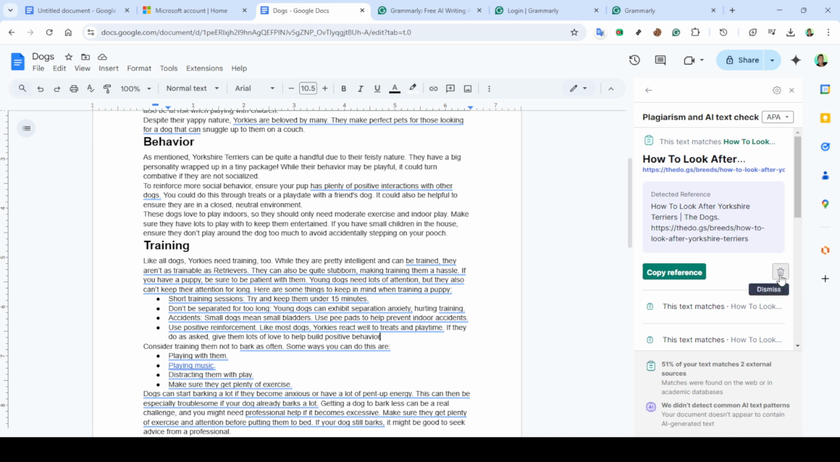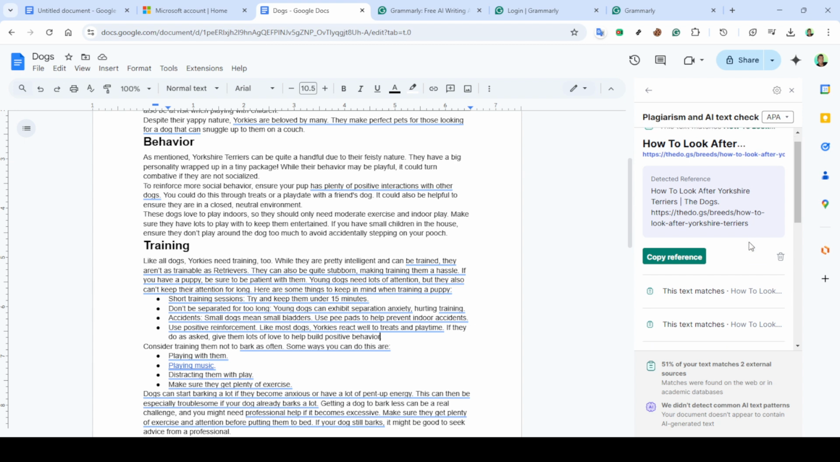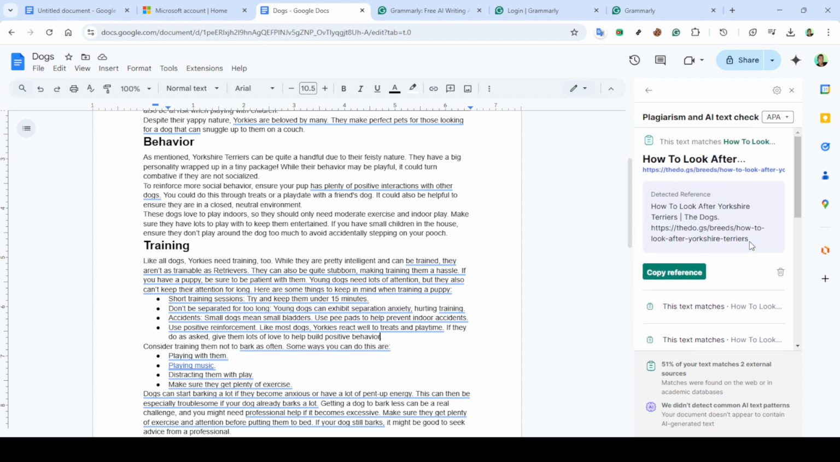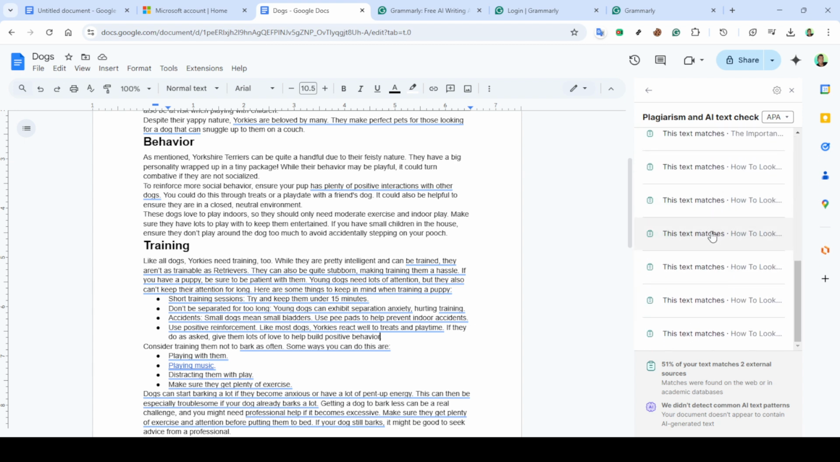This feature scans your document against billions of web pages to highlight sections that may require citation or rephrasing to ensure originality. By carefully following these steps, you are taking a proactive measure to maintain academic or professional integrity in your writing, avoiding unintentional plagiarism, and ensuring your final document is polished and professional. Remember, using Grammarly